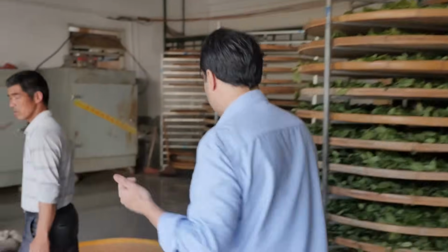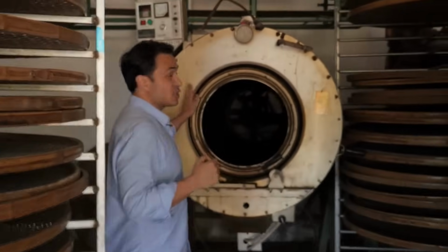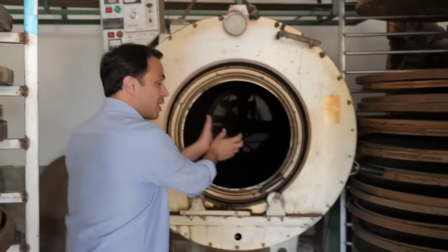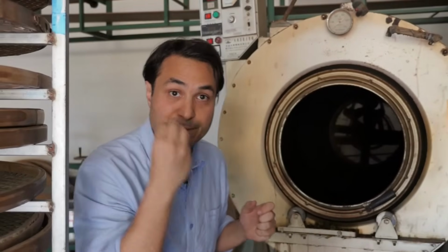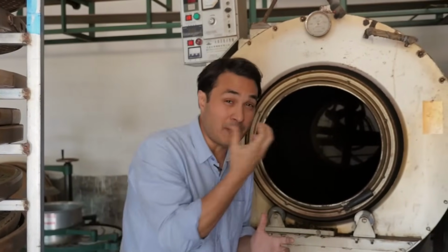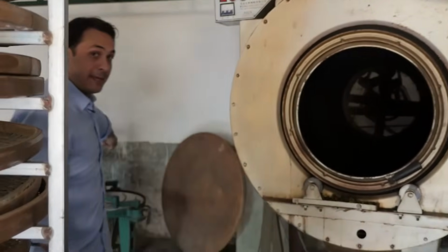When the tea master feels that the tea has reached the optimum level of oxidation, then they will fire the tea. And they'll do it just like they do in Taiwan. Come here. They'll do it in these large spinning drums. Probably something in the region of about 200 degrees Celsius, but it depends again on how many leaves they're firing, and the tea master has control over that. So these will go in here and it spins at a hot temperature, and once it's been fixed, in other words, the enzymes in the leaf have been deactivated, which again is done by hand and done by eye, so you're sniffing and you're looking, they'll release the leaves,